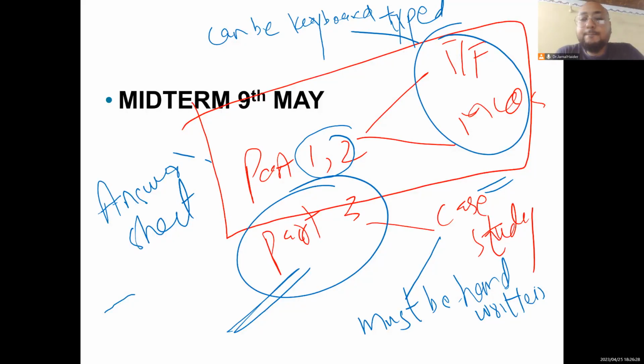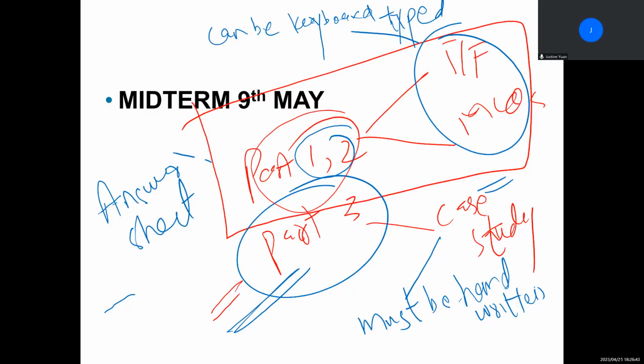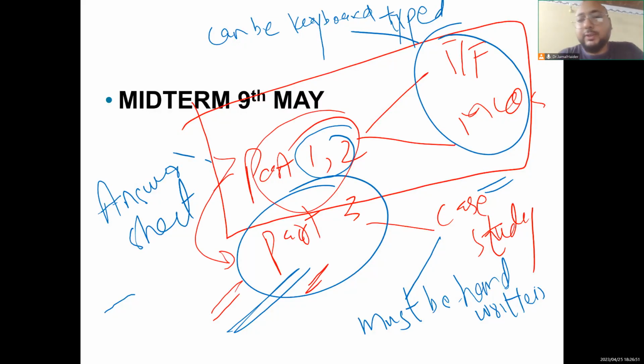My question was, for the third part, we have to print it out and take a photo and send it to you. But is it after the first and second part, or during? After this, I would be uploading part 3. So these are going to be separate files. If you have a printer, you can print it out, solve it, take a picture, and send it to me. If you don't have a printer, you can just solve it on a blank page, take a picture, and send it to me like assignments. Okay, thank you. Okay. Good.